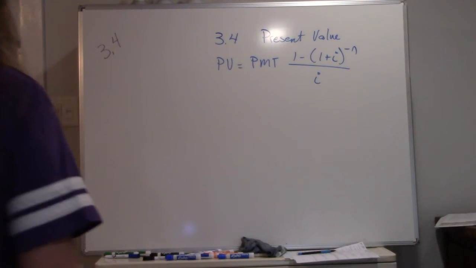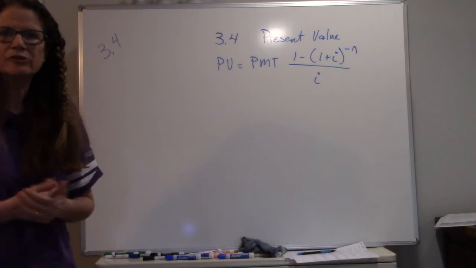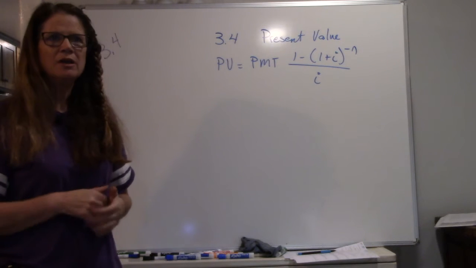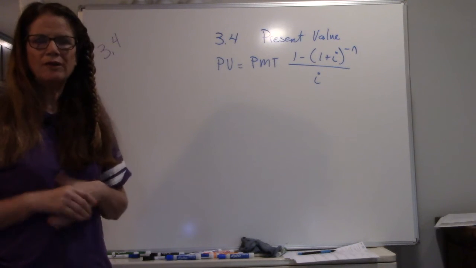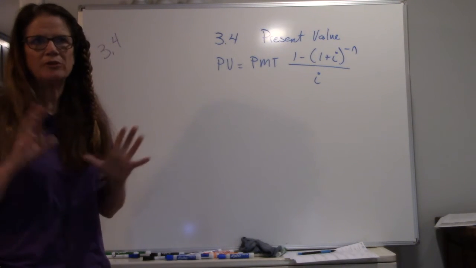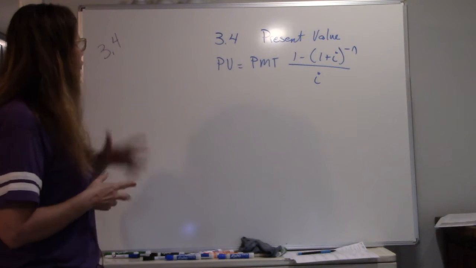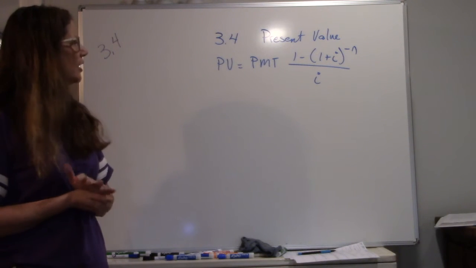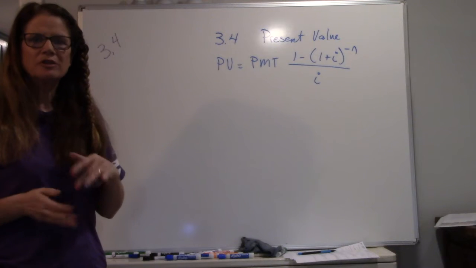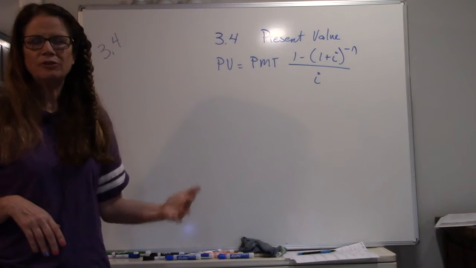All right, so this is our last section for the standalone 1324. The CoRec 1324, you have one more section on matrices, but it's short and sweet. So 3.4 is present value. The difference between present value and future value,